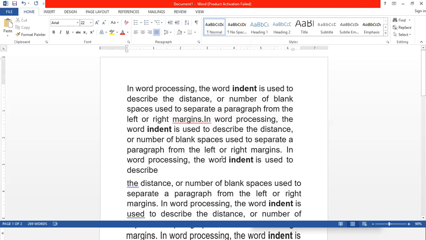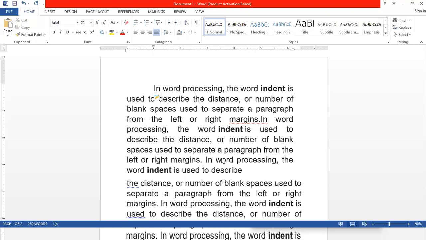So let's press the tab key now and see how much space is provided. So click on the tab key once, and as you can see the space has doubled. Earlier it was coming till here only, but now it is moving much farther. So the space between the margin and the text has increased, and the difference between the indentation and the tab stop is that indentation provides the space for all the text which is selected, but the tab key will only provide the space for the one line in which your typing cursor is, not for all of them.